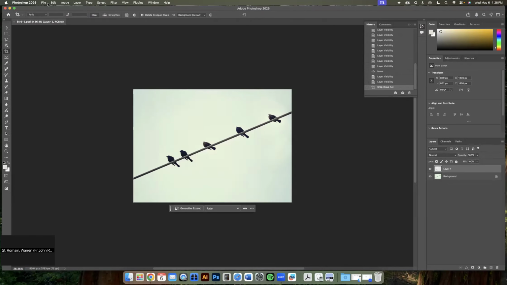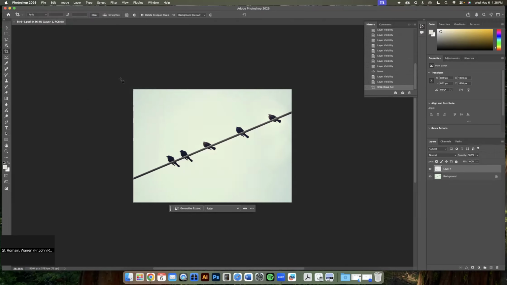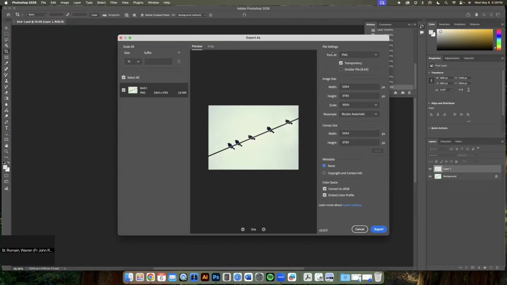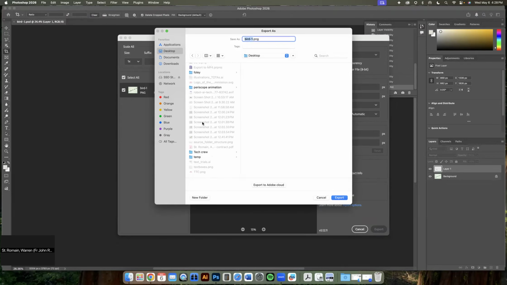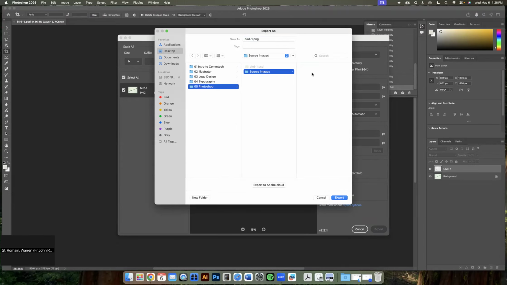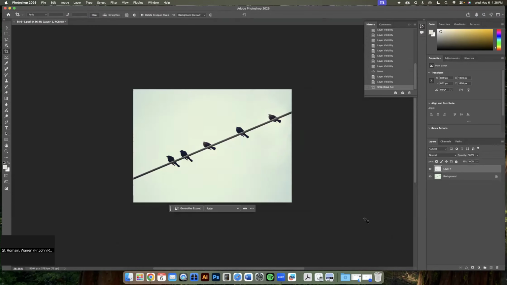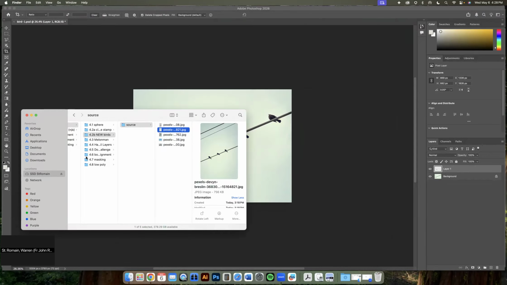Okay with that one, and then we're going to go File, Export. We're going to export as a PNG, and we're going to hit export there. Save it in the same spot, desktop, temp, named folder, Photoshop, and then we're going to save it in here. This is going to be called a PNG, so we don't need this. Export, and once we're done, in our named folder, we should see